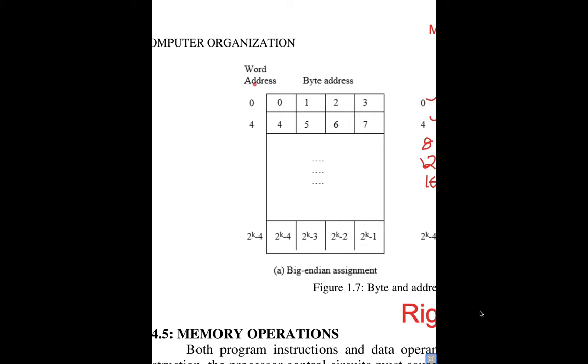00000000, totally attained 10. So the remaining are all zeros only. But what I will do, I'm going to write it in the leastmost location. What's the leastmost? That means the left. I can also write it as leftmost location. I'm going to keep my data, which is the least bit, in the leftmost location. So this is said to be a big endian assignment.